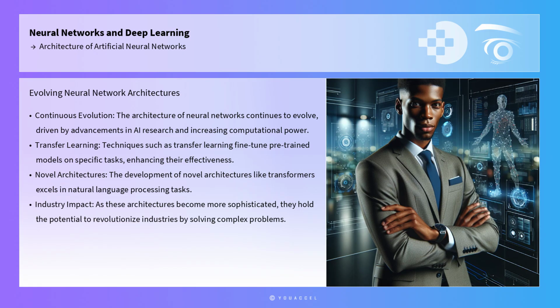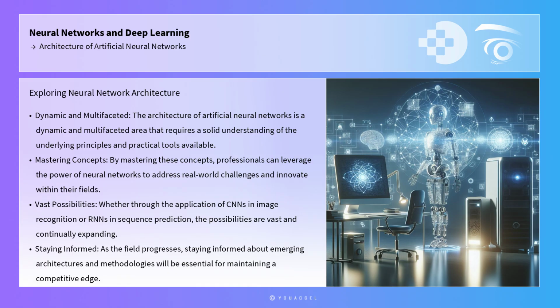Techniques such as transfer learning, where pre-trained models are fine-tuned on specific tasks, and the development of novel architectures like transformers, which excel in natural language processing tasks, are shaping the future of neural networks. As these architectures become more sophisticated, they hold the potential to revolutionize industries by providing solutions to complex problems that were previously insurmountable. To conclude, the architecture of artificial neural networks is a dynamic and multifaceted area that requires a